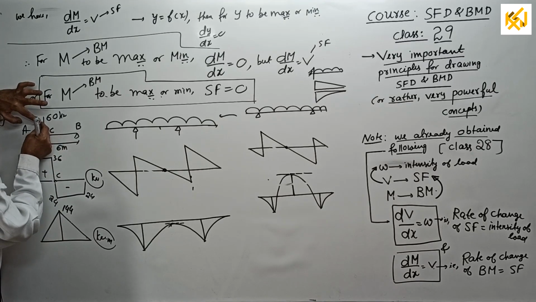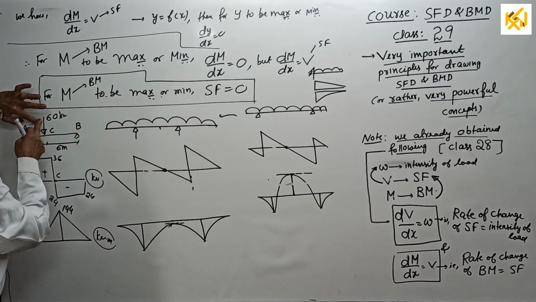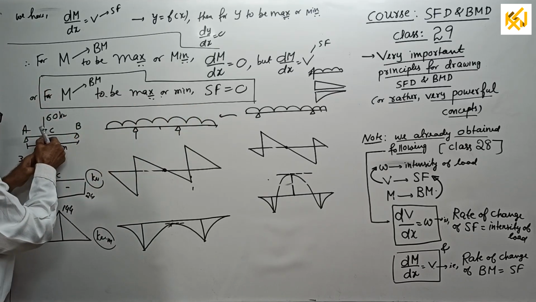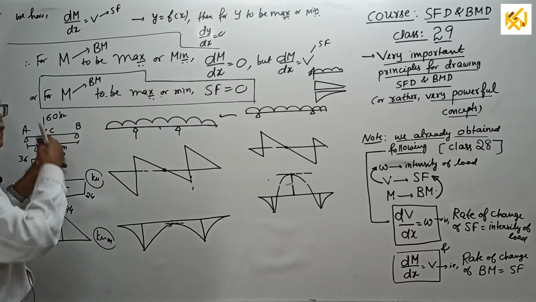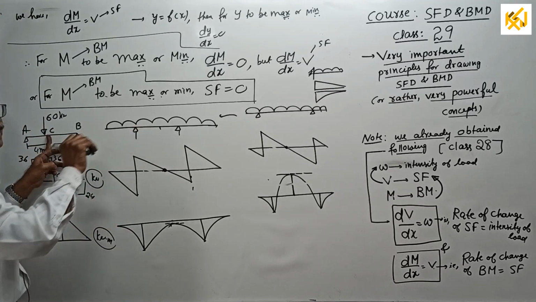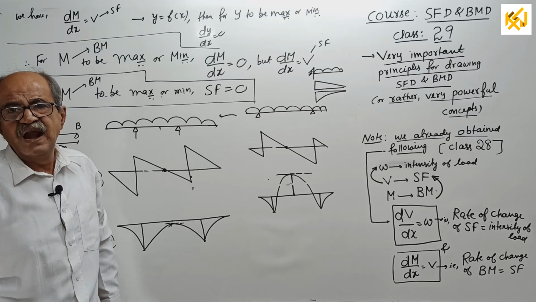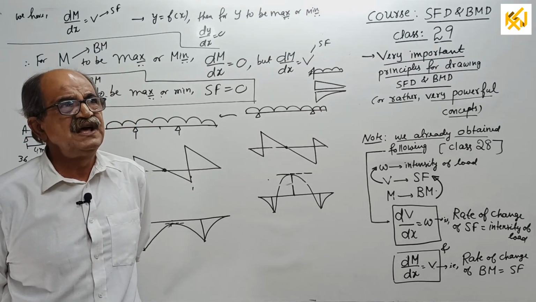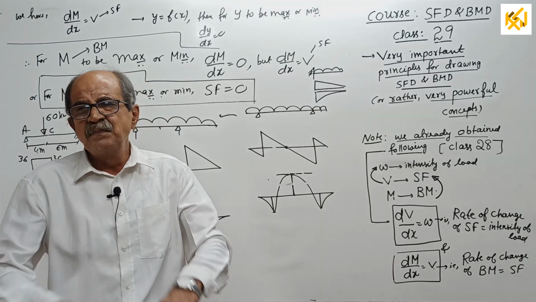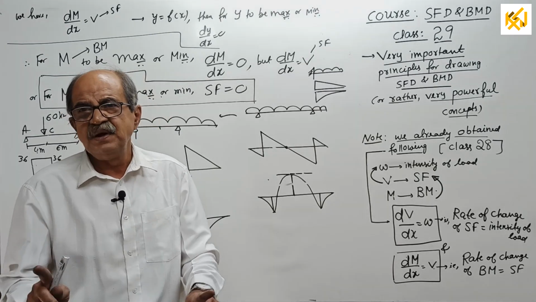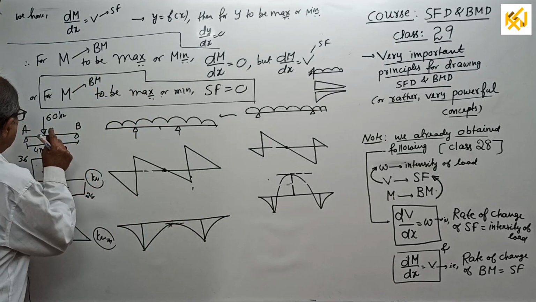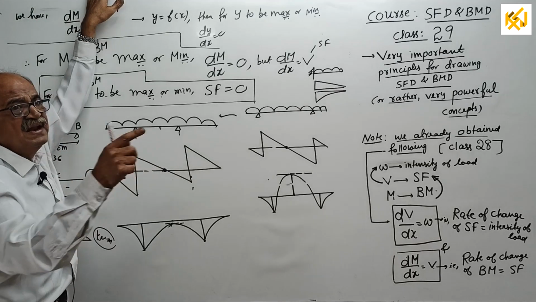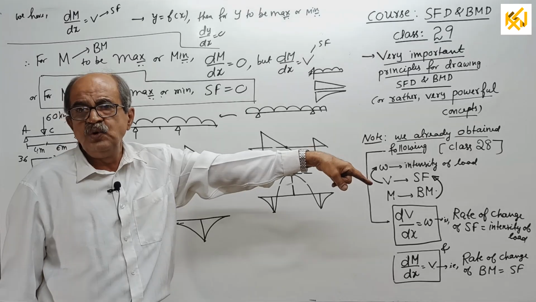When you are just to the left, if you look right side, the load is considered. If you look left side, the load is not considered. When we come to just to the right, if you look left side, the load is considered. If you look right side, the load is not considered. So telling that you find shear force once without considering the load, then find shear force considering the load, is a completely wrong concept. The concept is: you find shearing force twice, once just to left, once just to right. The reason I will tell in the class when I go to point load.